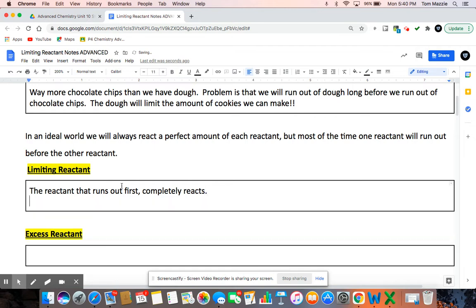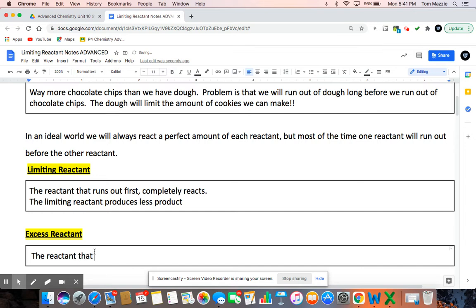Another way to think of this is the limiting reactant produces less product. Now, that second statement is really what I would be thinking if I were you in terms of how to attack a problem. The excess reactant is the reactant